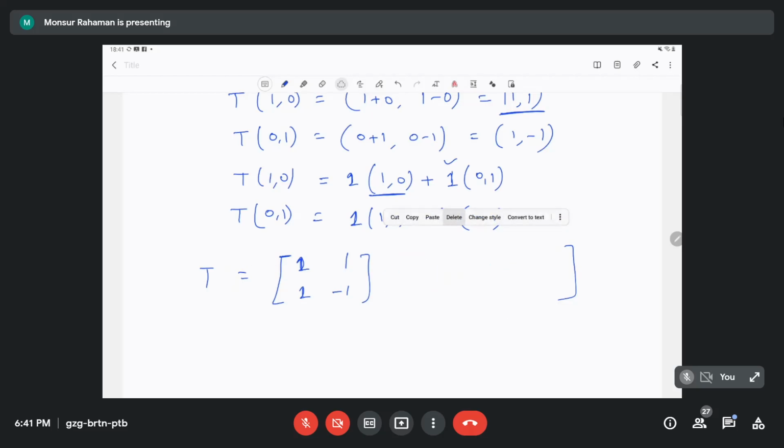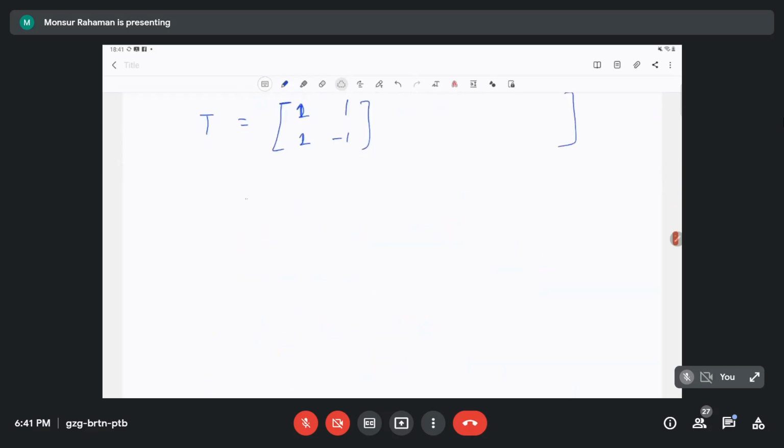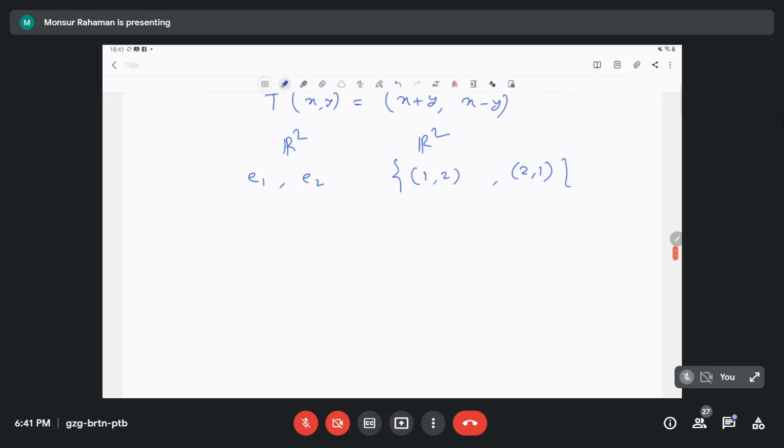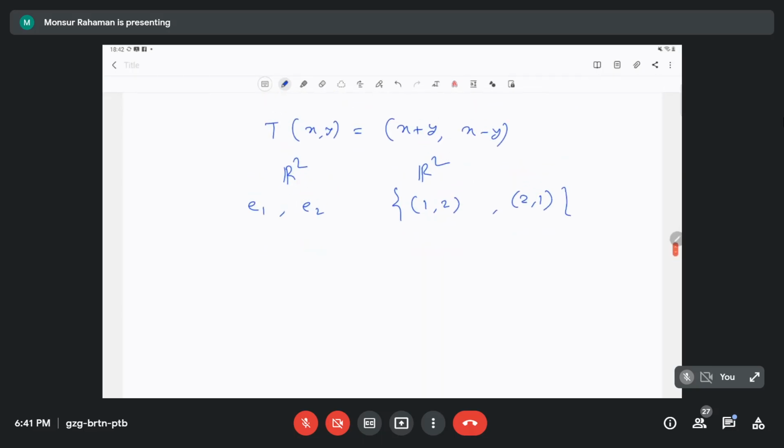Let's take another basis vector in R2, same definition, T(x, y) = (x + y, x - y). In R2 the same standard basis e1 and e2, and for the image set we take another basis: (1, 1), (1, 2) and (2, 1). Okay, this is also a basis. Then check it. With respect to this basis, the matrix will change, but up to equivalence they are